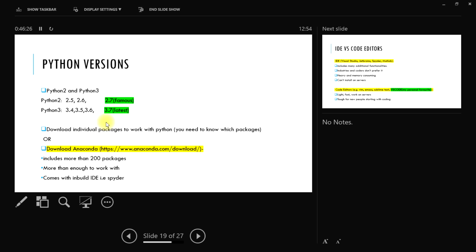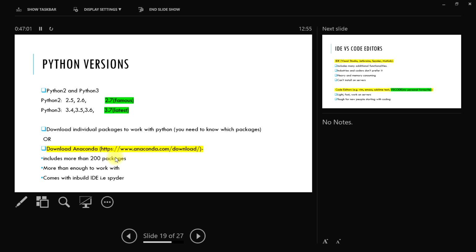When I started Python in my masters, I was doing it individually, so it was a very troublesome job at that time. So this is one way, to download individual packages and install the libraries you want on top of that, and for that you need to know which libraries you want. If you want to plot something, you need to know that there is the matplotlib library in Python, and you have to install that. But then these guys made an Anaconda package where there are like 200 or 300 libraries in itself. You just install it, and there are more than enough packages in that. You don't have to bother about that.